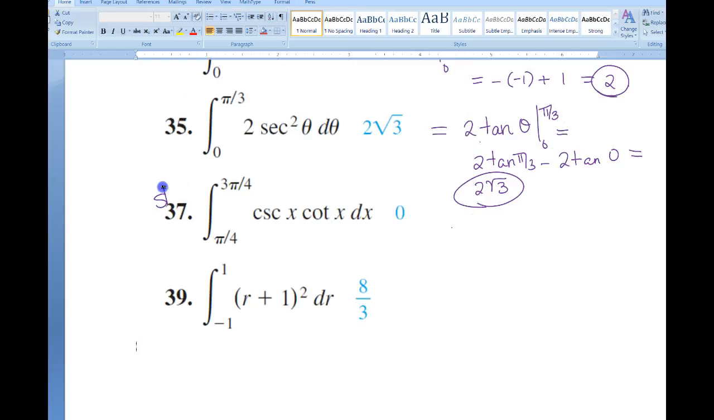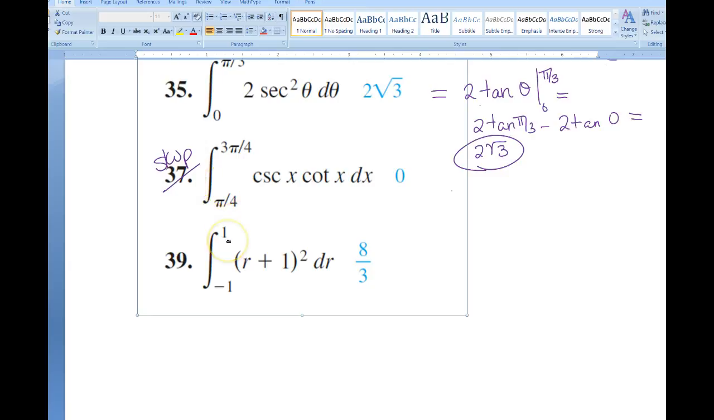Let's skip this because I told you guys, don't worry about 37. Skip 37 since that was one of the formulas I said you don't need to know at this point. Now, for 39,